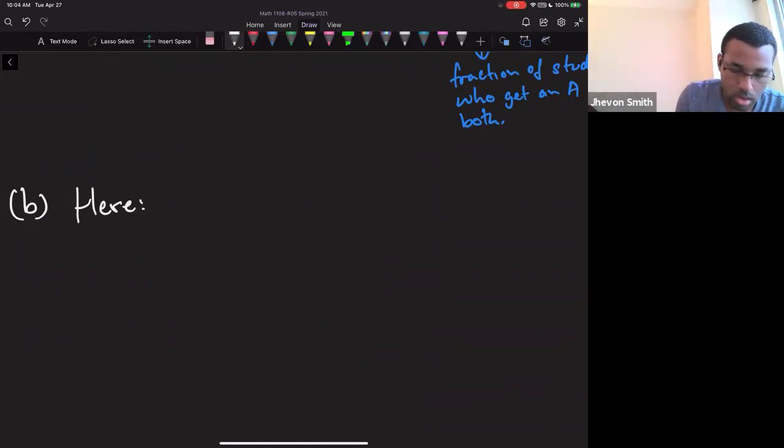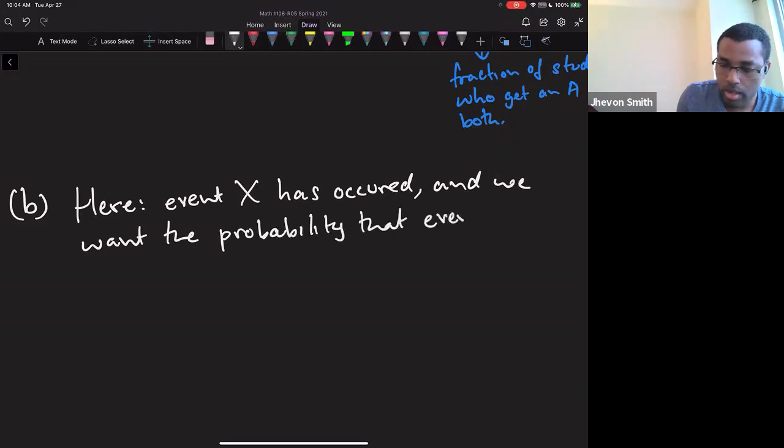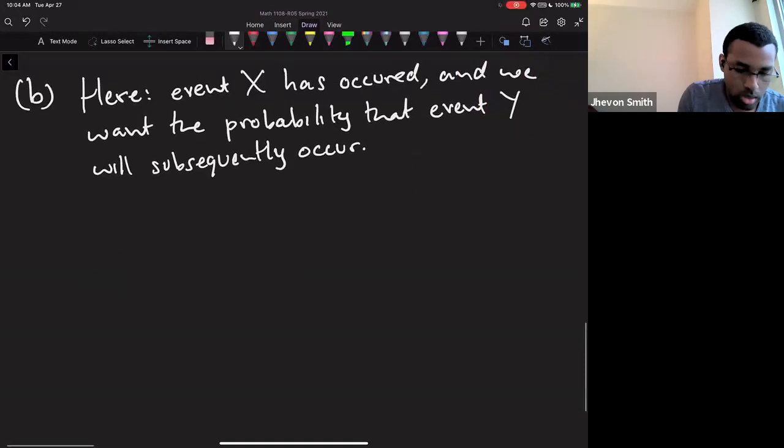So event X has occurred, and we want the probability that event Y will subsequently occur. Right? So this means we want